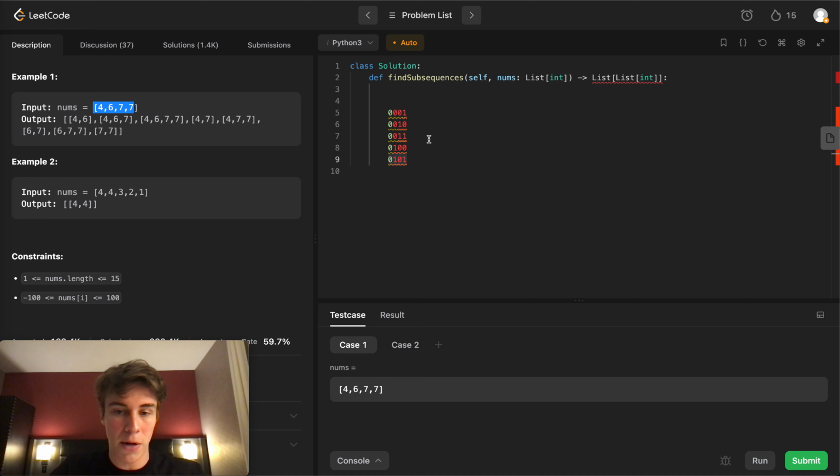So right off the bat, we would exclude the ones that are of only 1. Okay. So if this is the case, then one solution could be to do a bit mask. The other solution is something called backtracking, where it's a recursive way of essentially